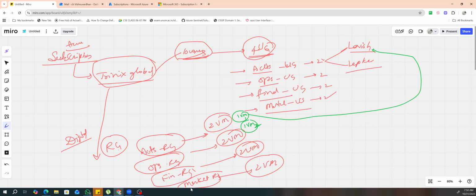So Azure is divided in a fashion similar to the organizational structure. We have been given these user groups and resource groups, and they will be managed as per the organization's structure. Okay,